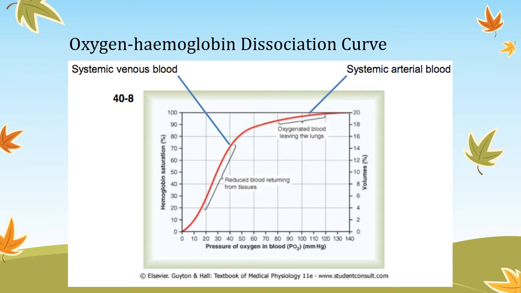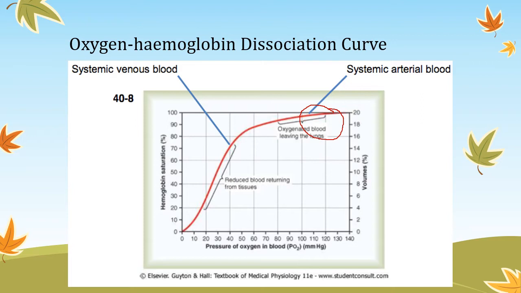So if they have just left the lung, it means that the oxygen is 100%, right? So you can see the top part of the graph here, 100% of the oxygen in the blood. So the blood has got oxygen. All of the hemoglobin molecules, or the chains, are occupied with oxygen. And as it leaves the lung, slowly oxygen is being transported to tissues that are in need of